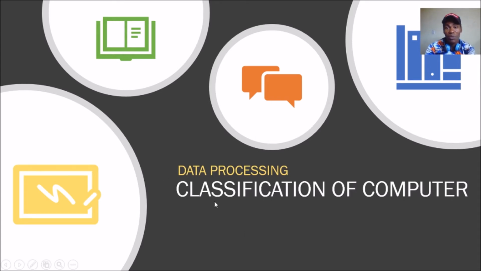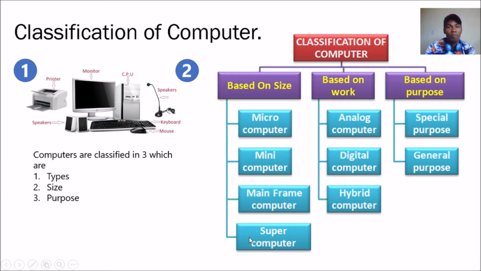Alright, join me as we get into the topic. Now today we are going to be looking at the classification of computer, and we have three areas computers are classified. We have classification of computer based on types, classification of computer based on size, and classification of computer based on their purpose. Now, let us look at this diagram